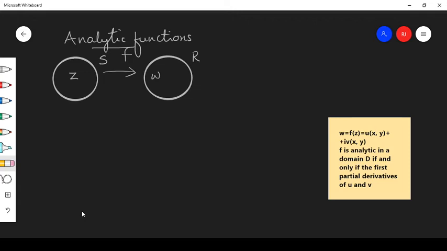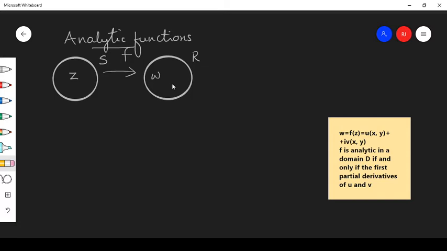Let's define what are analytic functions. Let S be a set of complex numbers, which is the domain, and R be another set of complex numbers, which is the range. Then f is a function defined from S to R such that to every z in S there is a complex number w in R